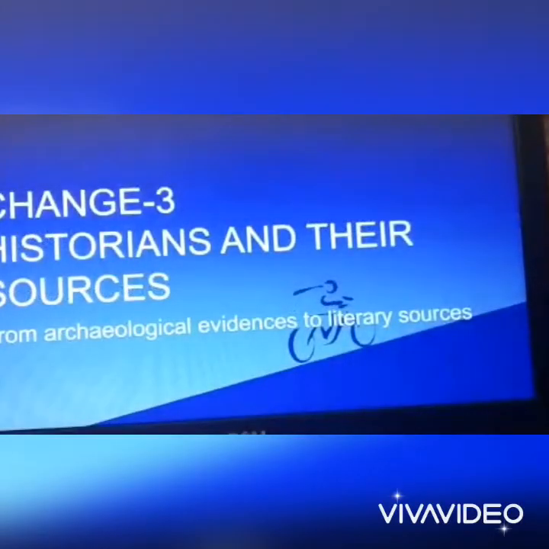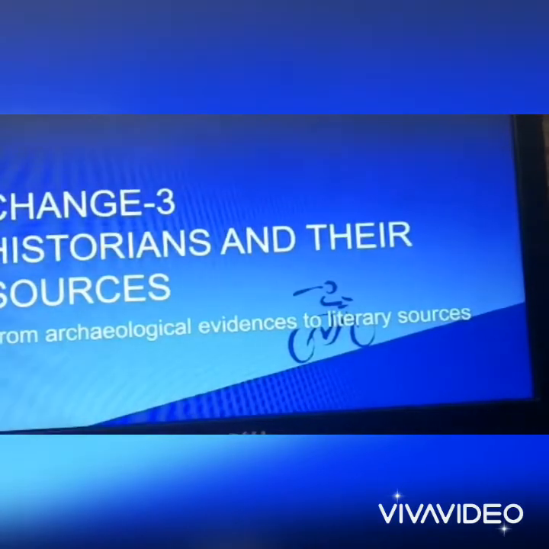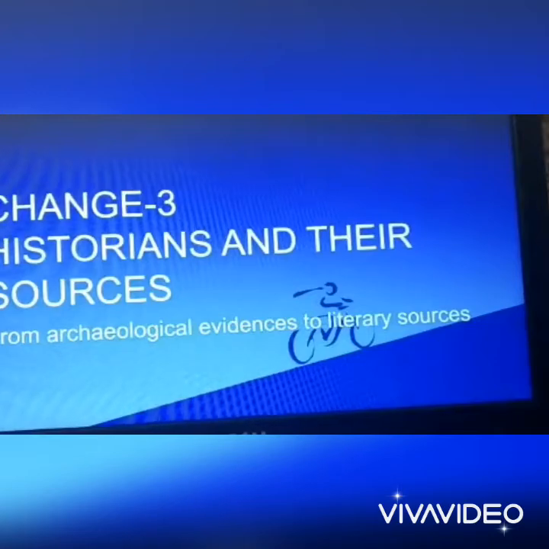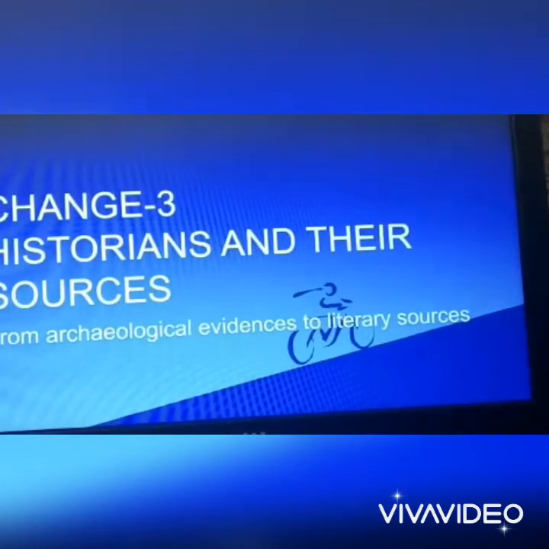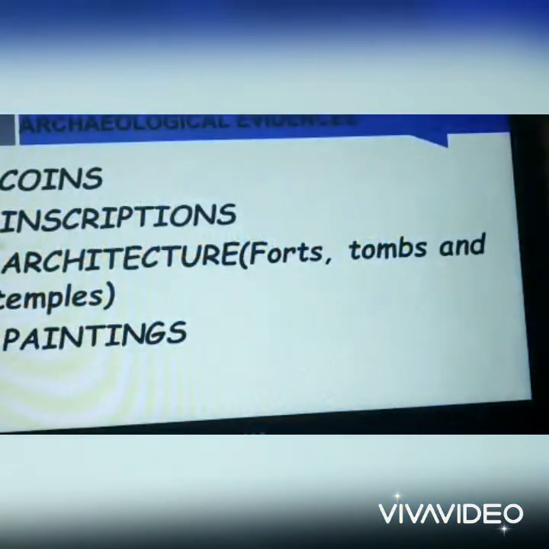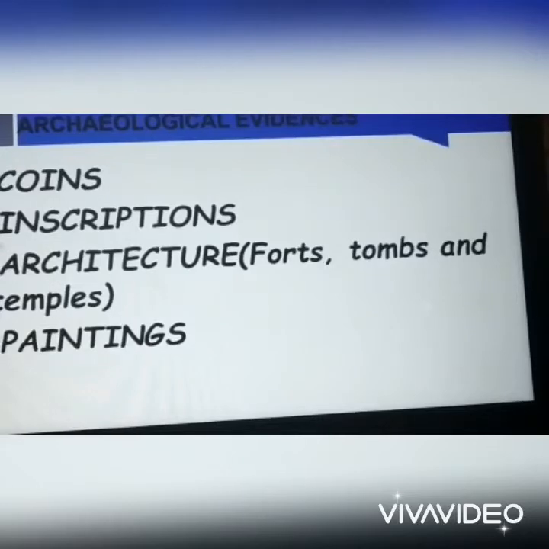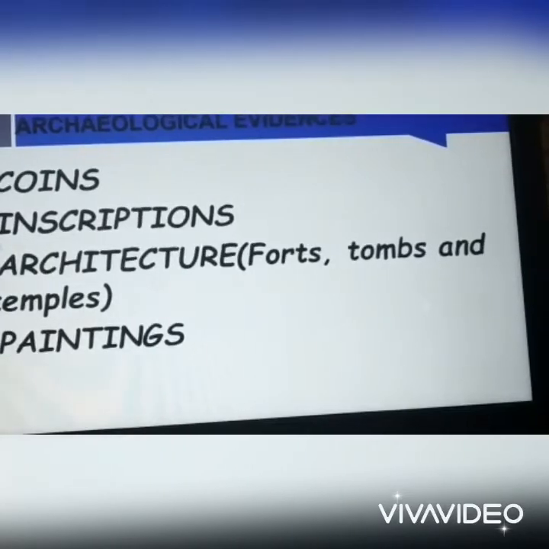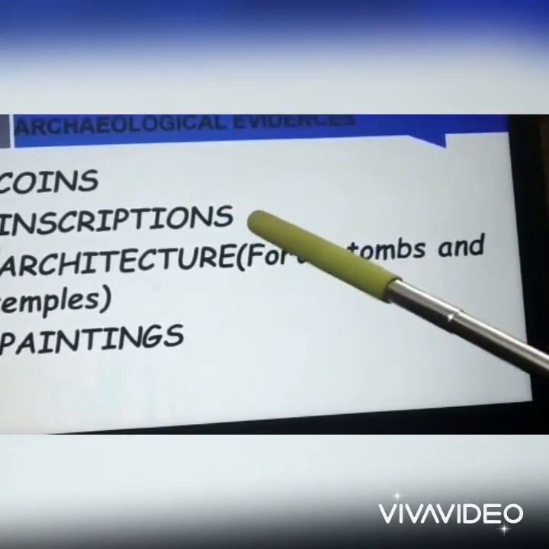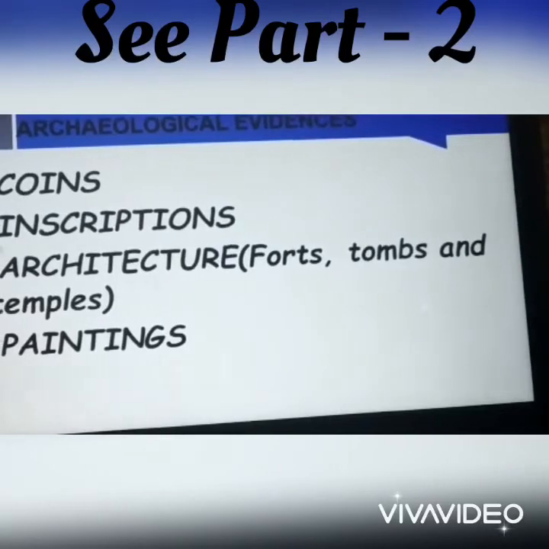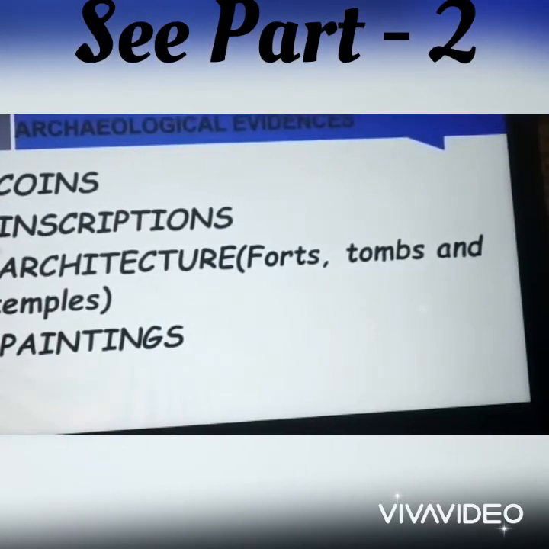Let us come to the next change, that is, the changes regarding the sources used by historians to study history. Earlier, the sources used by historians to study history were generally archaeological, for example, coins, inscriptions, architecture, paintings, from where the historians got a lot of information. But later on,